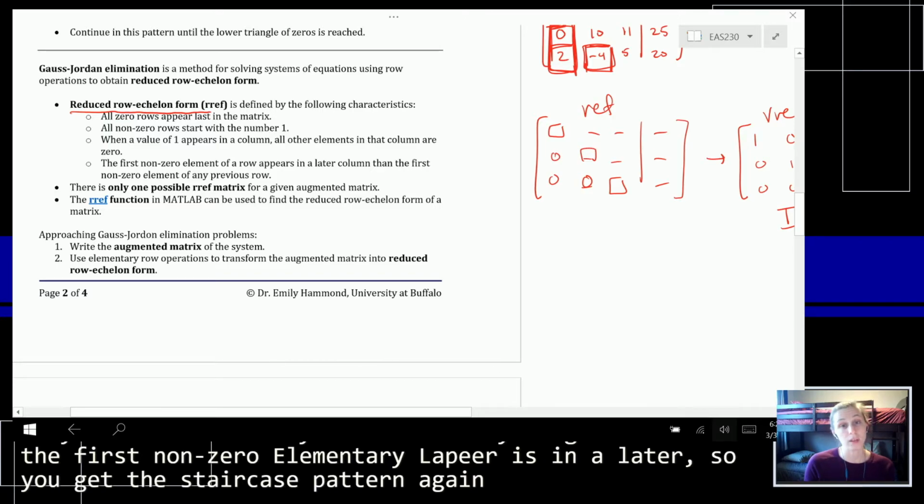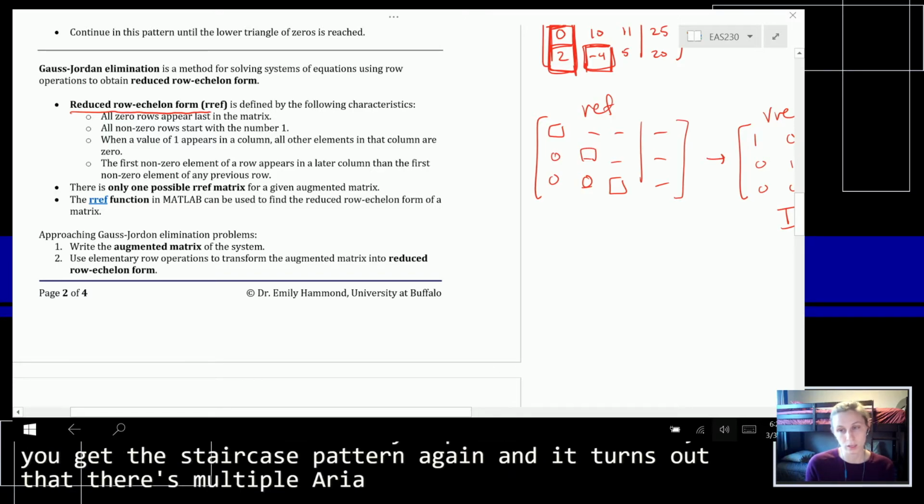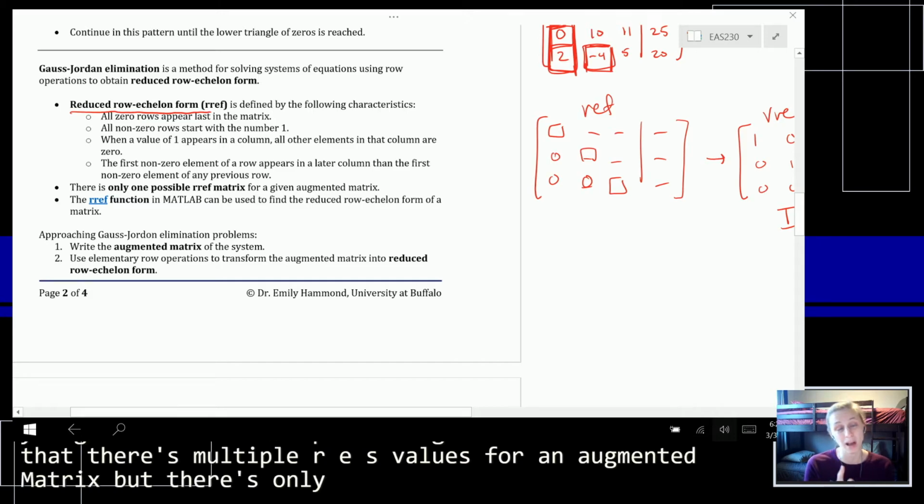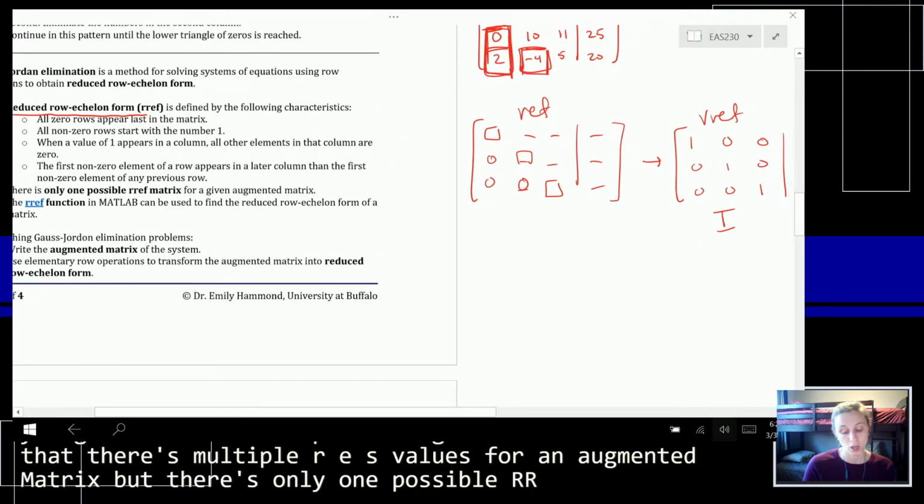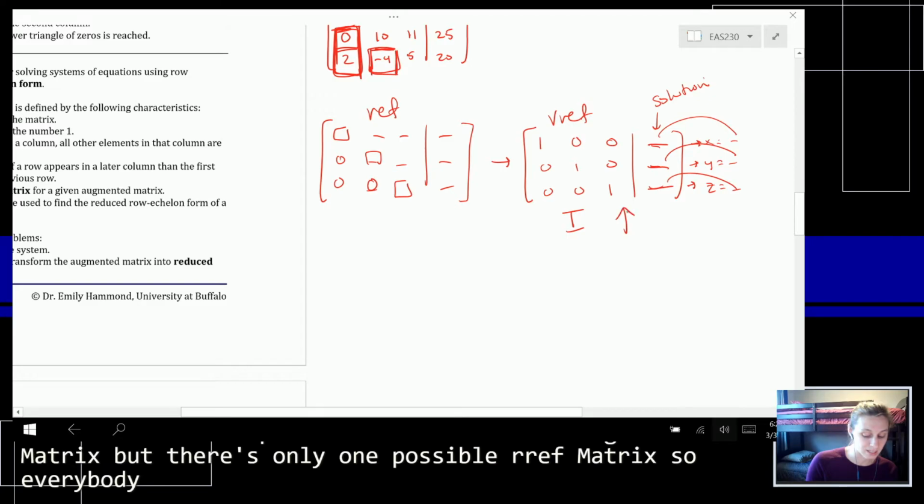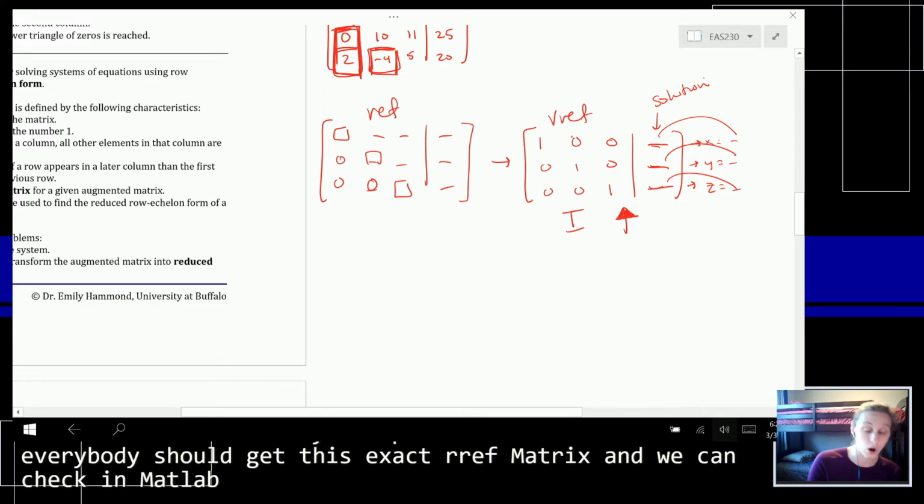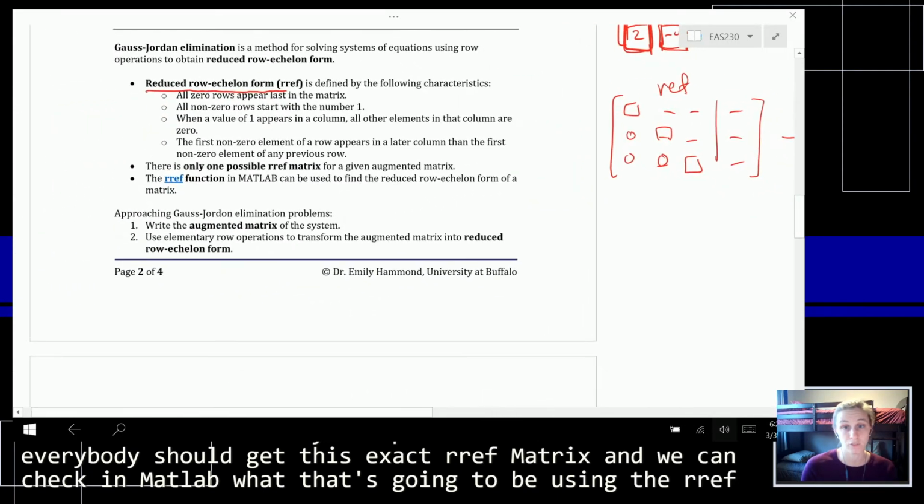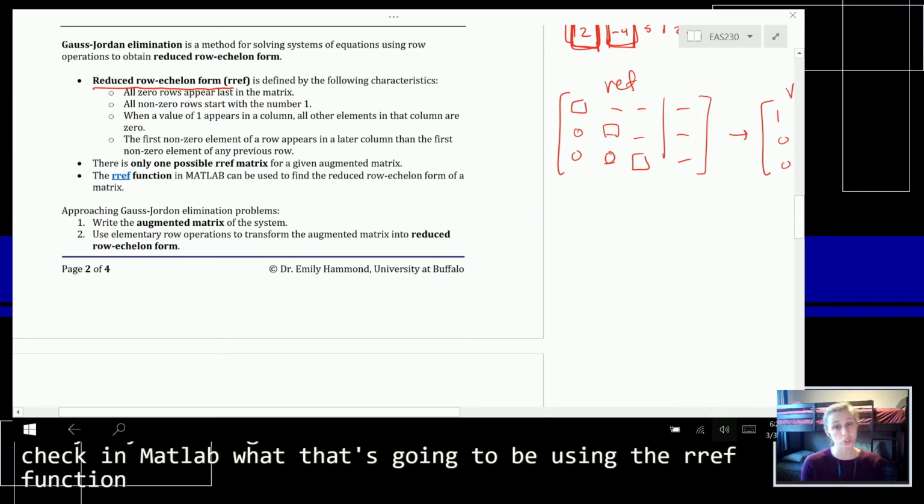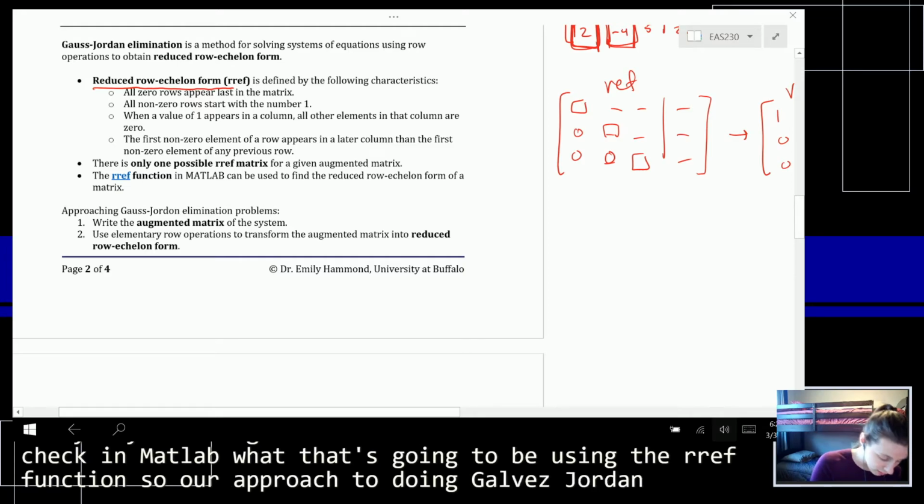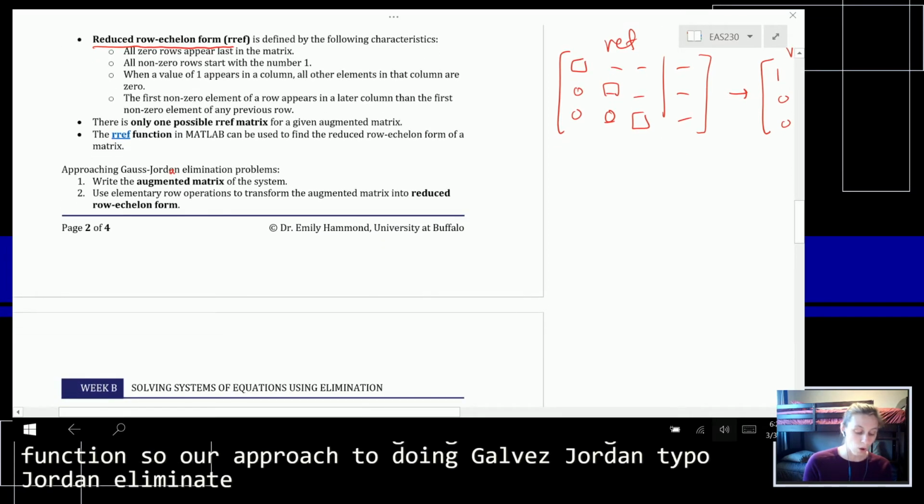And it turns out that there are multiple REF matrices for an augmented matrix, but there's only one possible RREF matrix. So everybody should get this exact RREF matrix. And we can check in MATLAB what that's going to be using the rref function. Nice and convenient. So our approach to doing Gauss-Jordan elimination, that's a typo, we're going to write the augmented